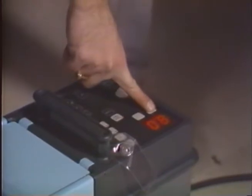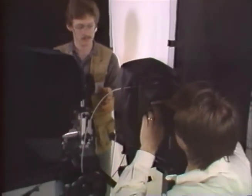He increases the power to a full 3200 watt seconds. Okay, can we just hold it, back it up a little bit. The Calumet exposure calculator, also known as a 2-inch rule, is held in the subject area to determine the bellows extension factor. The exposure ruler, which is placed on the ground glass to measure the image size, shows a 1 1/2